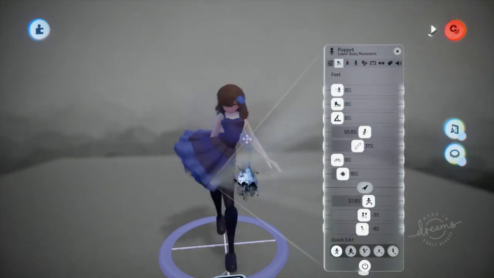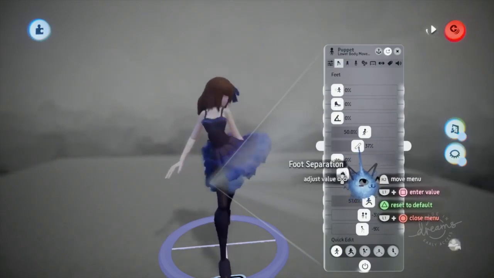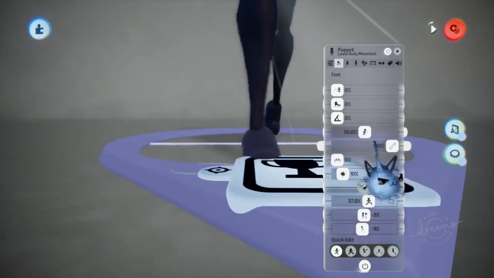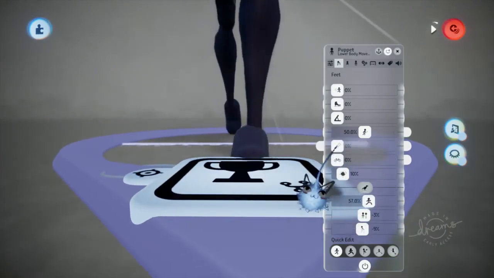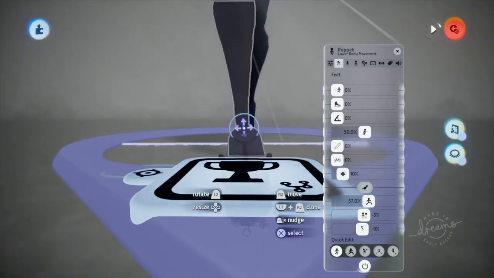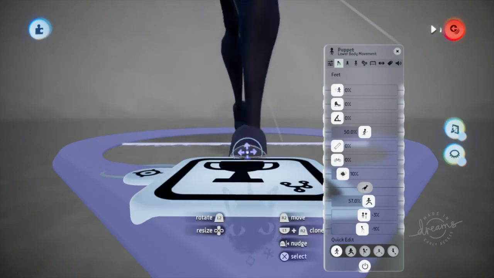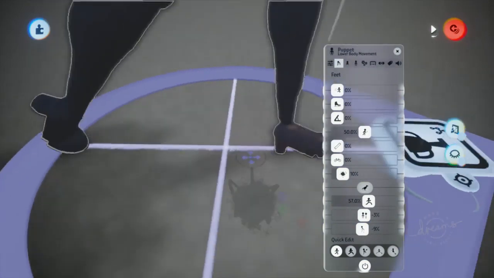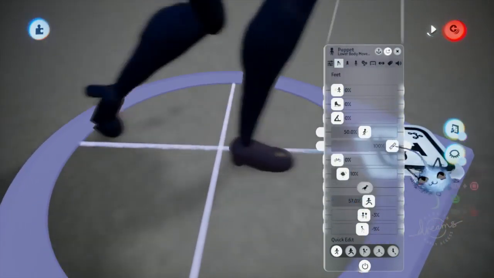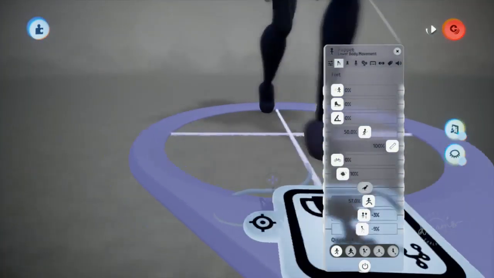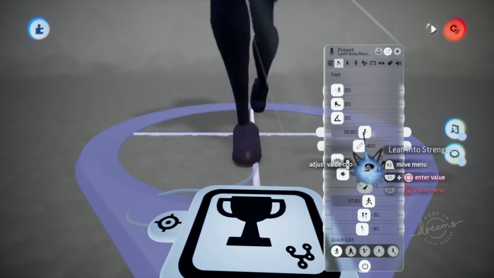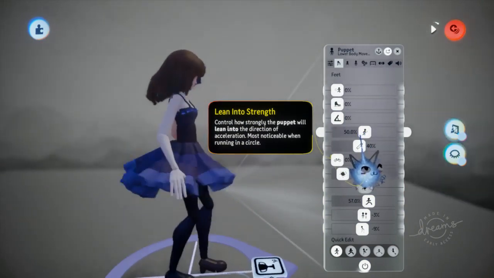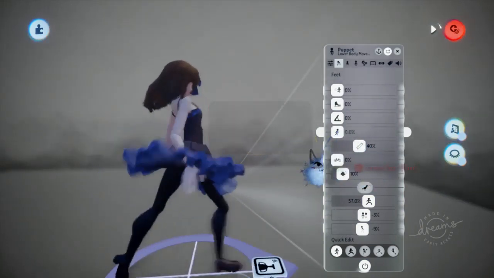There's a lot of stuff in here that you can tweak. For example, foot separation is how far apart the feet are. So this is maximum, so now it's walking like a cat, as you can see. When the feet come in, it'll walk like on a tightrope. And then the maximum is a very wide step. Then lean into strength. That is basically